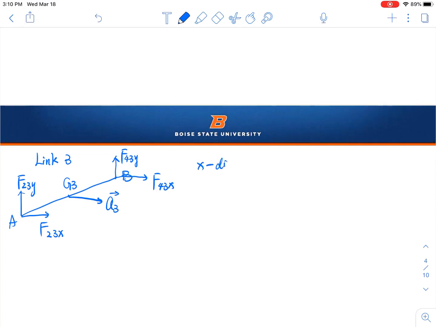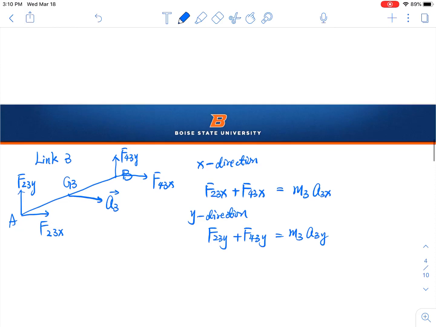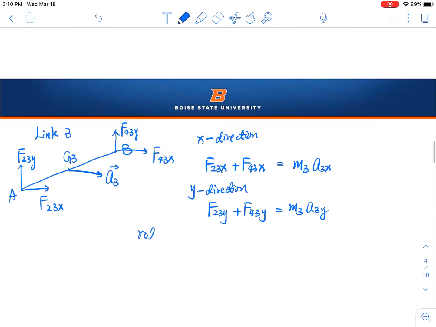Along the x direction, we have F23x plus F43x. That's going to give us m3a3x. Along the y direction, we have F23y plus F43y equal to m3a3y. Okay, we'll have another rotation